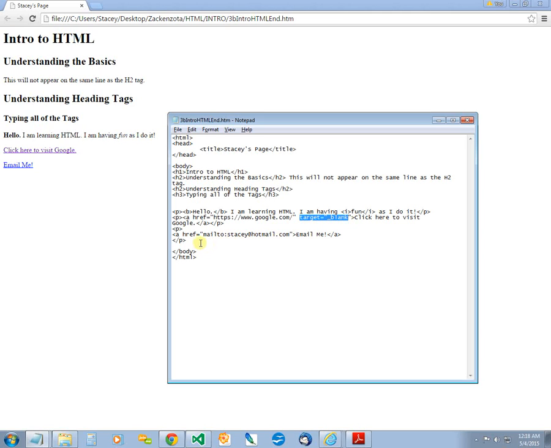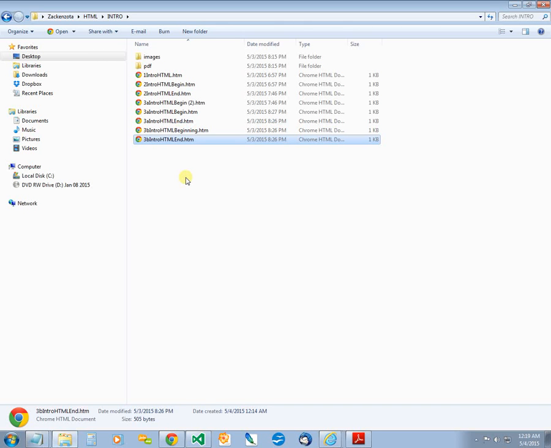In this lesson, we're going to learn two additional types of links: one is to link to another page on your own website, and also to link to a specific portion of a page. So if we wanted to link to another file that was located in this folder, we would have to know that it was located in this folder or if it was located in a subdirectory somewhere. To keep it simple, we're just going to keep everything out here at the root. This is called the root of this intro folder,